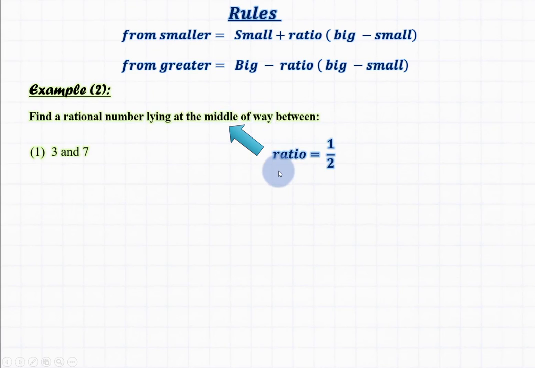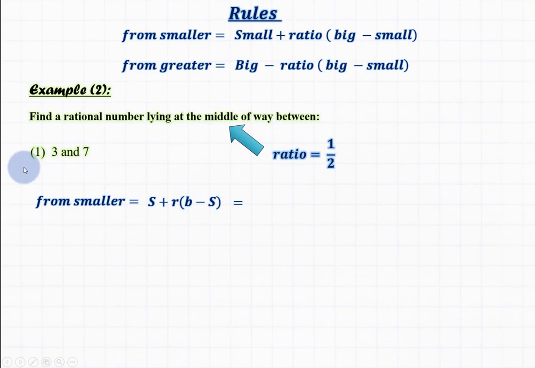Midway, the ratio or the fraction will equal 1 over 2. We can solve this example from the smaller or greater. We will get the same answer. From the smaller rule, we make small plus ratio or fraction 1 over 2, and inside bracket big minus small